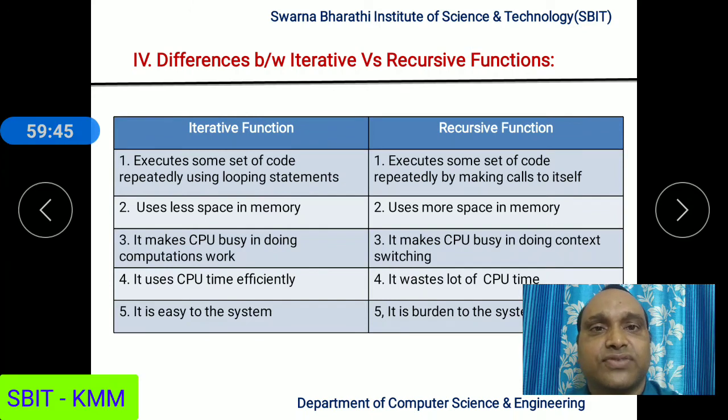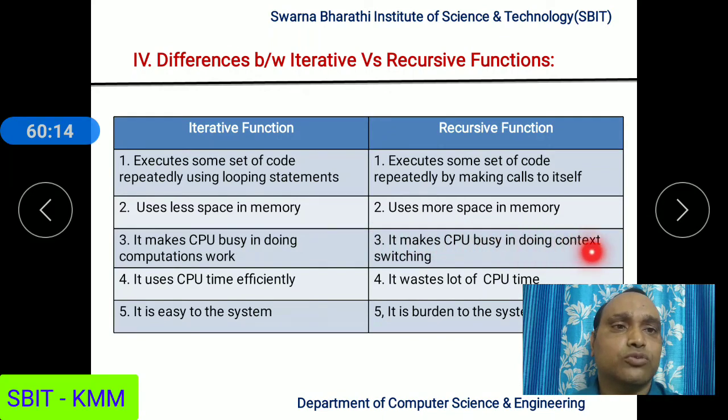See the first difference. An iterative function executes a set of code repeatedly by using looping statements, but a recursive function executes a set of statements repeatedly by making a call to itself. The iterative concept uses less space in the memory, but recursion uses more space in the memory. Iterative concepts make the CPU only a little busy in doing computational work, but a recursive concept makes the CPU busy doing